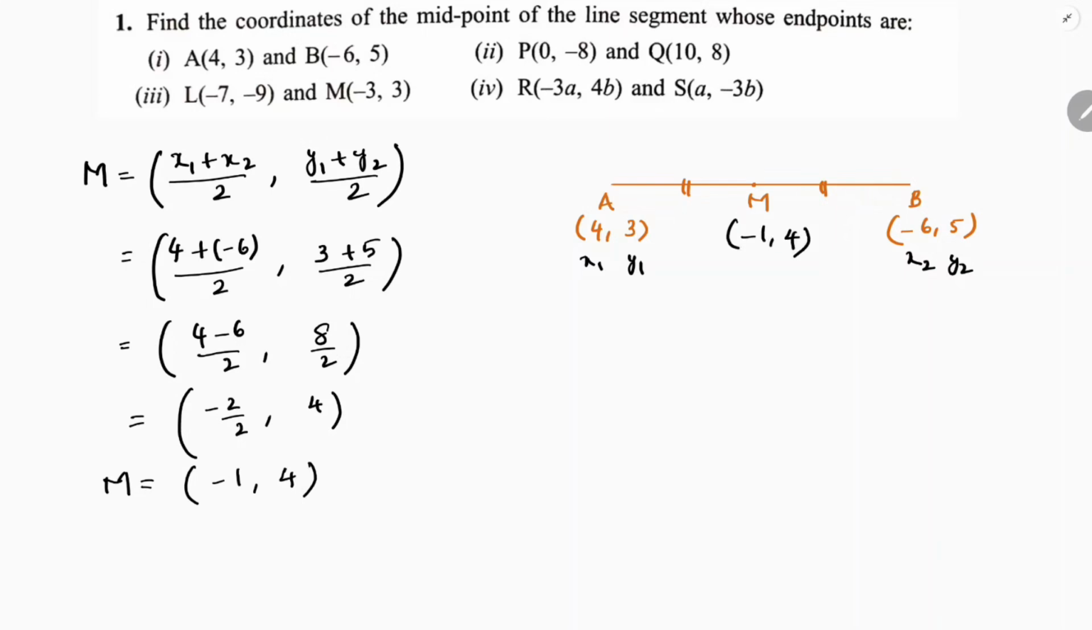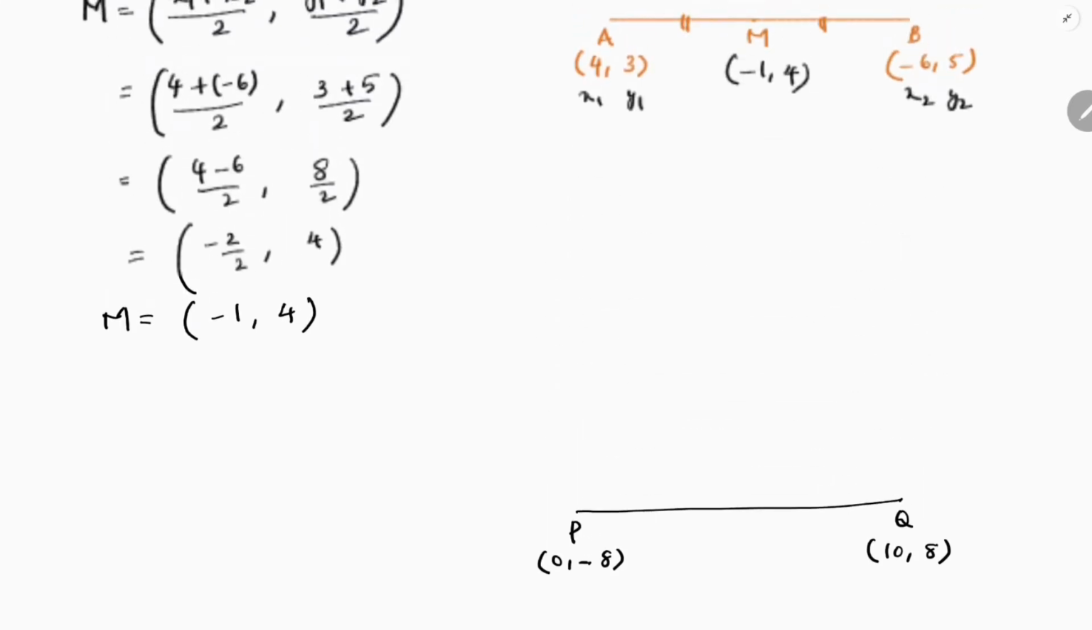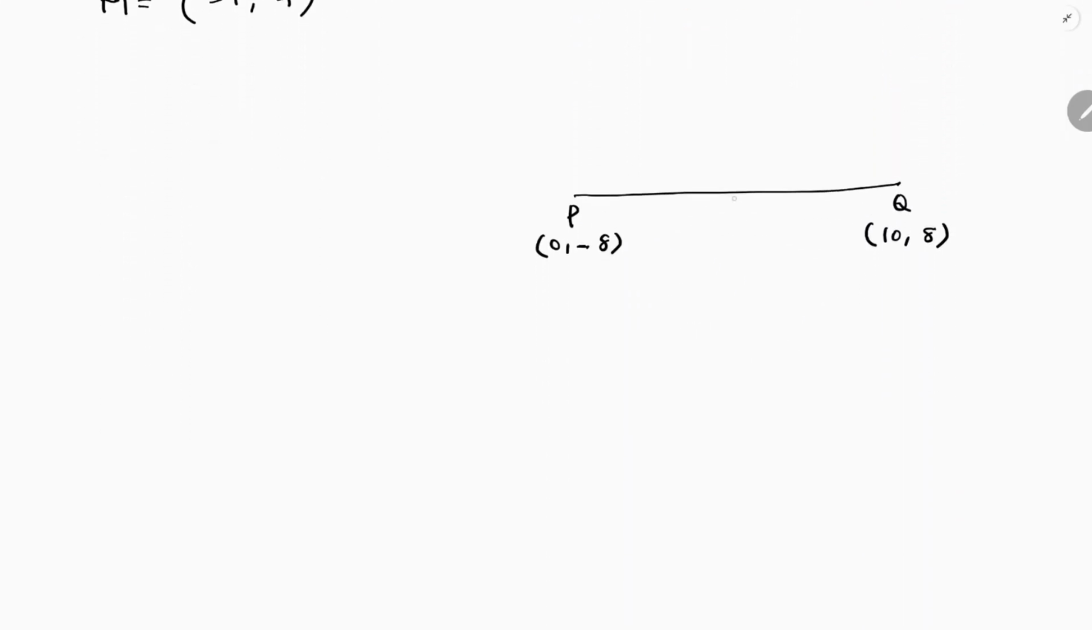In the same way, the second question: P and Q, the midpoint of PQ. The PQ values are 0, minus 8 and 10, comma 8. So now I'll consider the midpoint as R. The midpoint formula here for R is